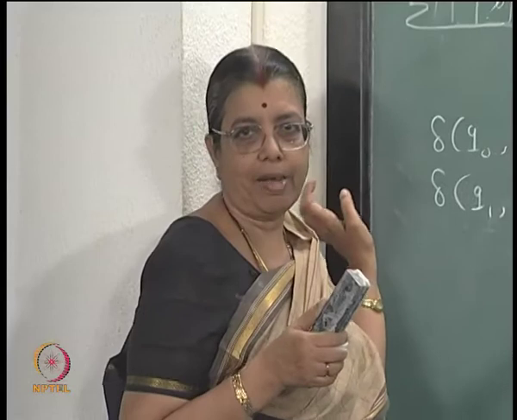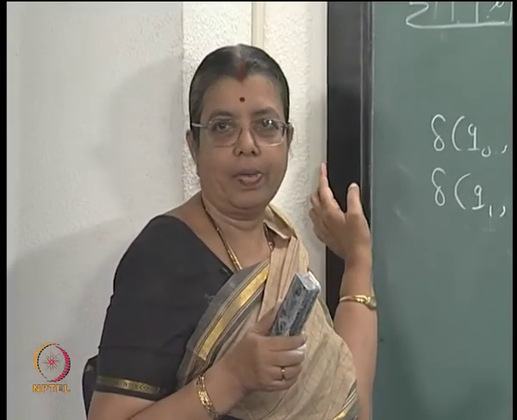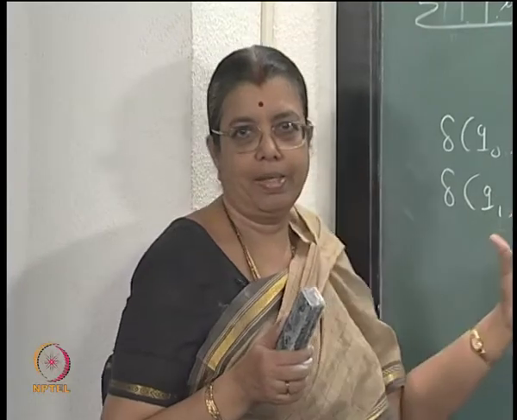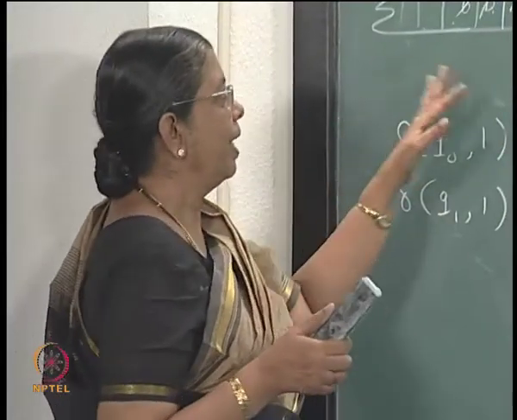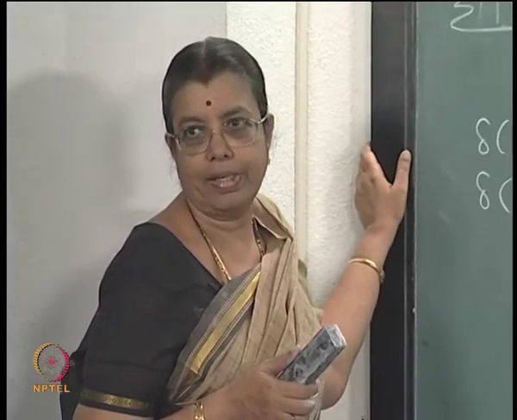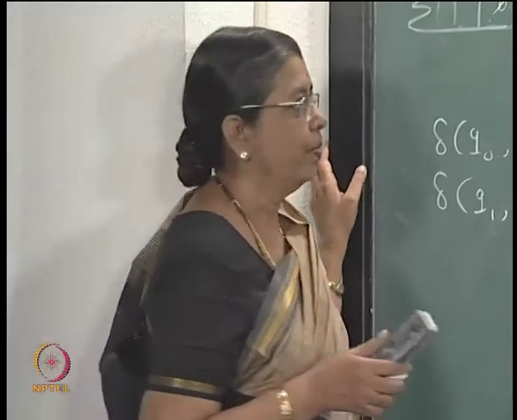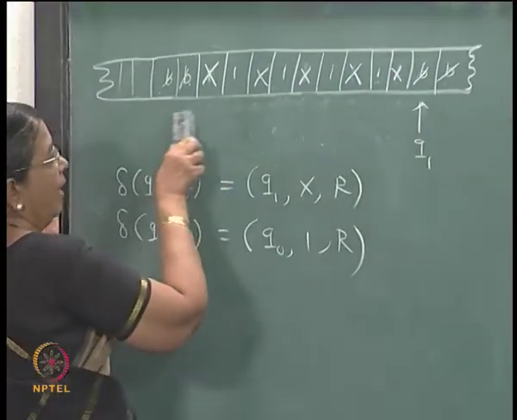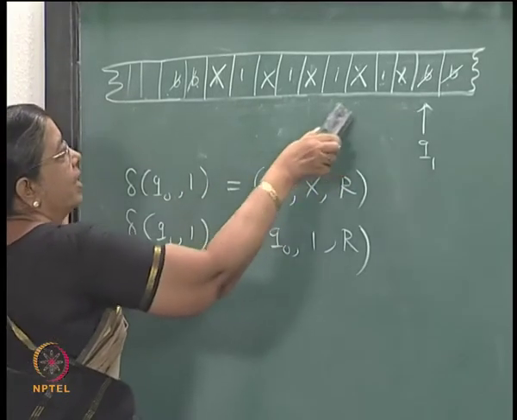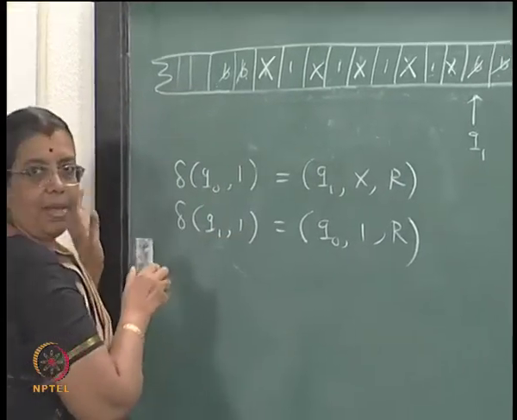So, the first blank symbol if you see in Q naught, it means you have come across an even number of ones. If you see the first blank symbol in state Q1, that means you have come across an odd number of ones. So, when divided by 2, the remainder is 1. So, in the binary representation the last digit will be a 1, right. We have assumed that B stands for 1 and A stands for 0. Now, it has to move left, come across all these x's until it reaches the B.